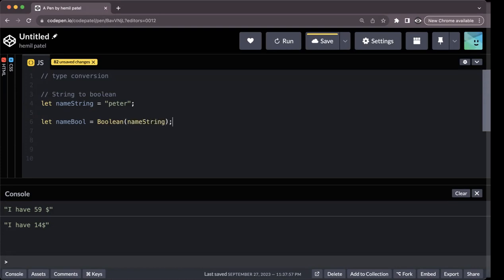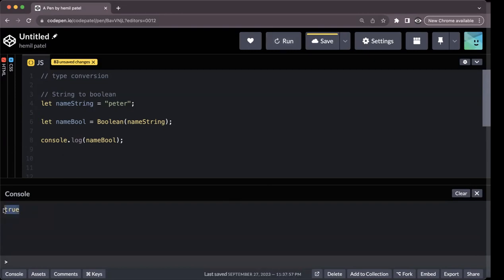So now you know that if I want to convert something to a string, I just wrap it with String with a capital S. If I want to convert something to a number, wrap it with Number with capital N. If I want to convert into a Boolean, it's Boolean with capital B, right? And if I console log this, what would I get? That's really strange, but it has its use case. So if I run this,